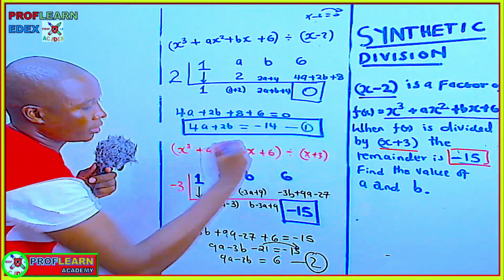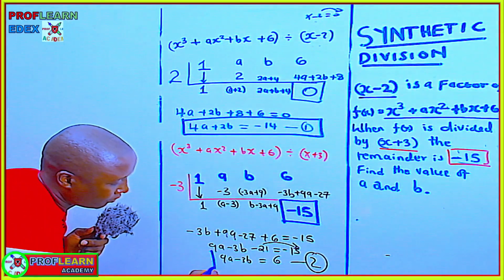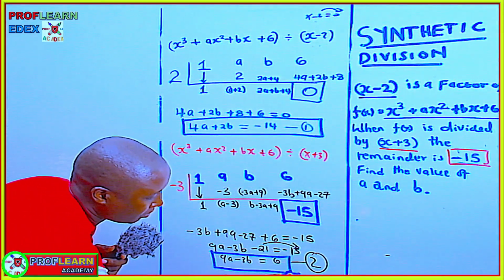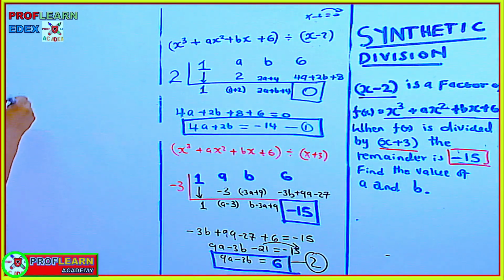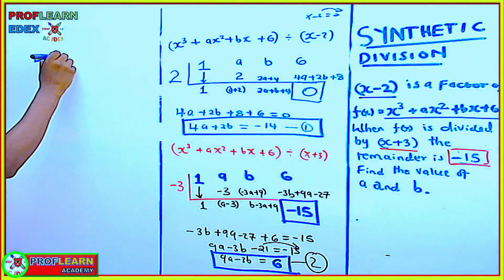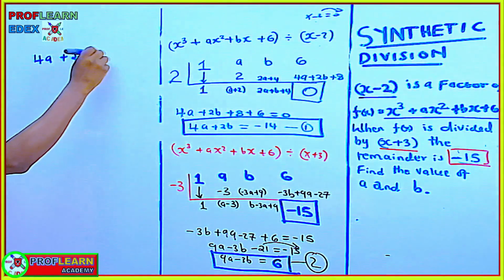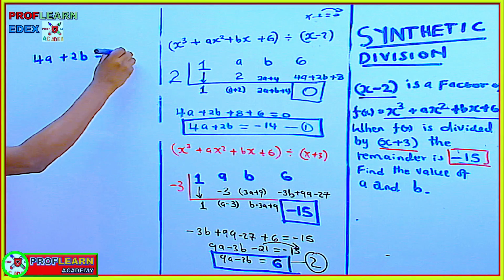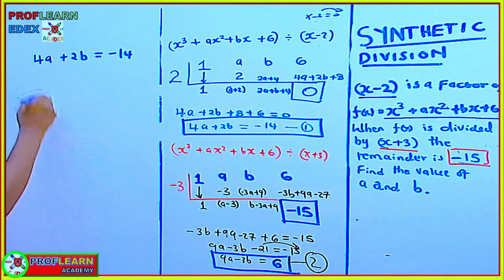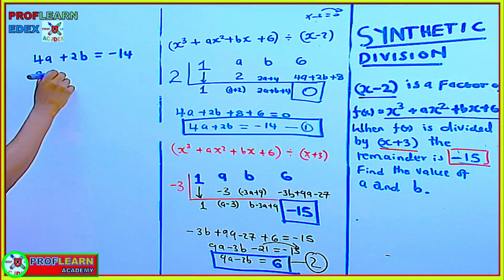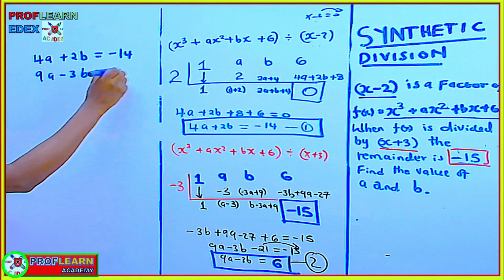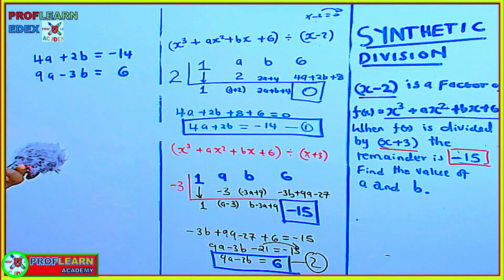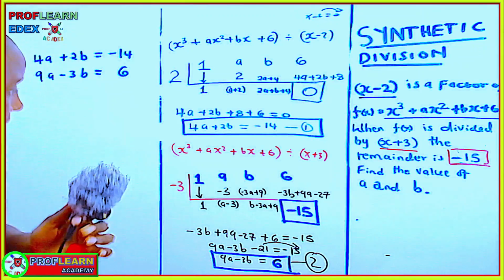We have this equation here, and we have this amazing and beautiful equation, which is 6 at that point. Then we're going to say this is 4a plus 2b is equals to negative 14. And the second one is 9a minus 3b is equals to 6. Then which method can we use? We can be able to use